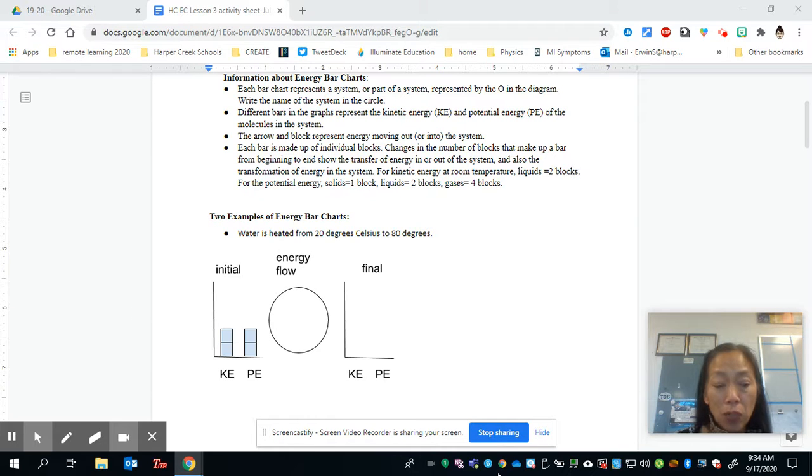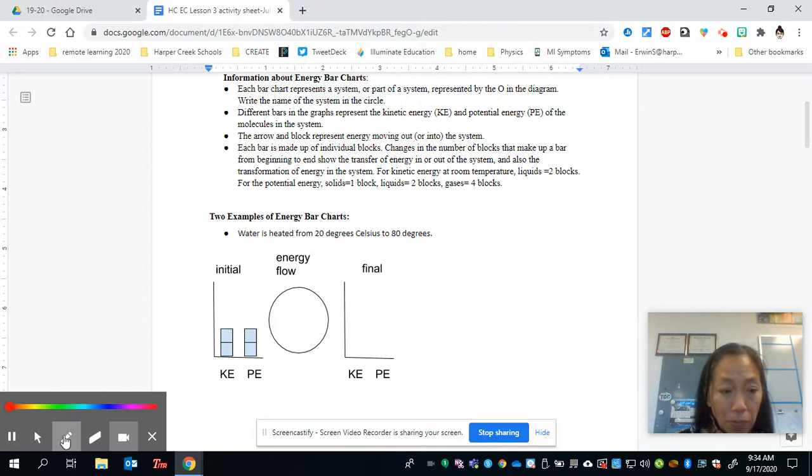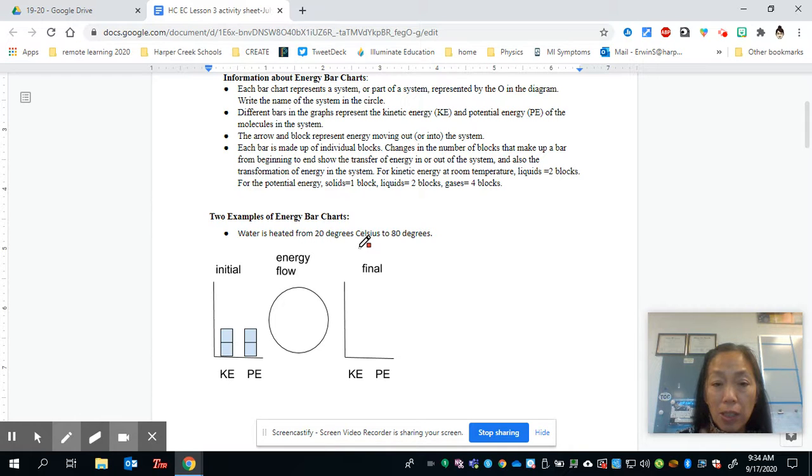So let's try this first example. Water is heated from 20 degrees Celsius to 80 degrees Celsius. So that's like from room temperature to pretty warm. All right. So we have 2 bars for kinetic at room temperature, and then 2 bars for potential energy because